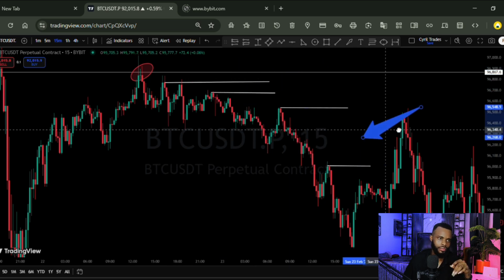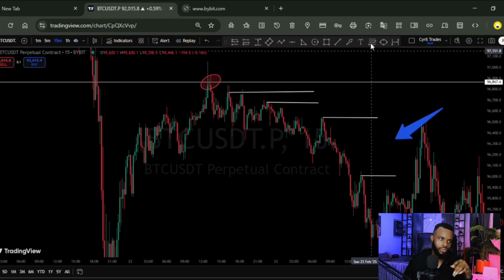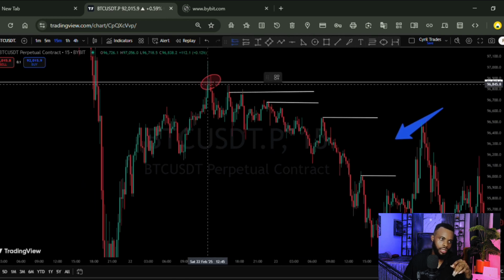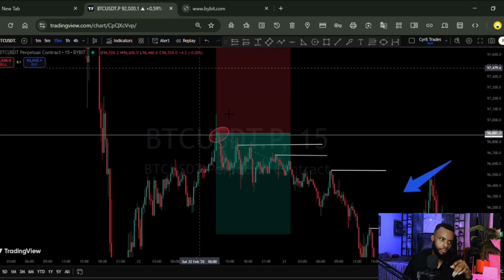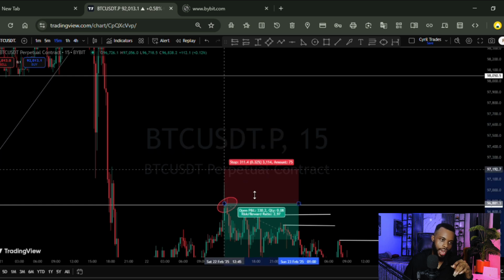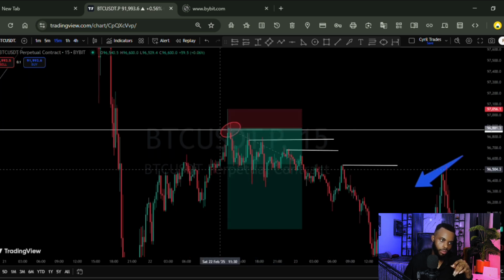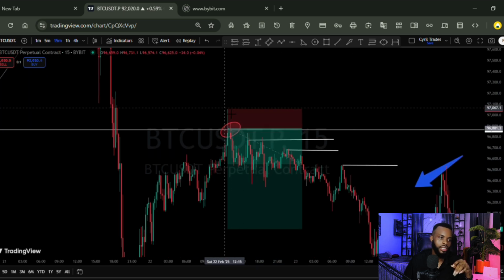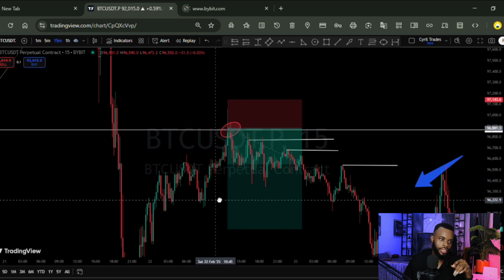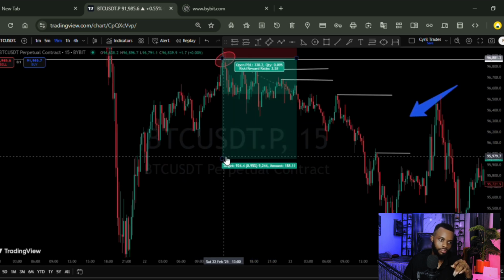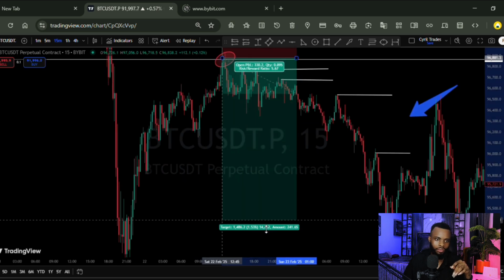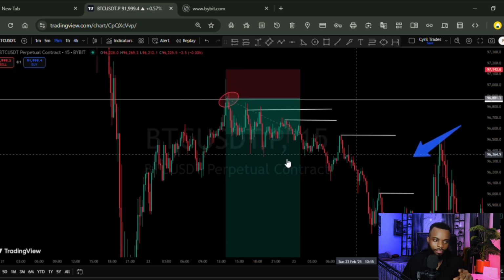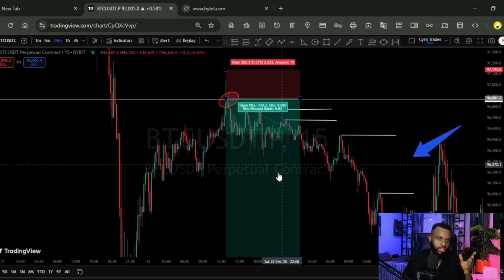Now let's say this is where you short the market. Okay, put your stop loss above the high. This is your stop loss above the high, right? Now your take profit at this level, at this demand level, right here, right? Now what happened? The risk to reward ratio here is almost 6, right? Almost 6 risk to reward,